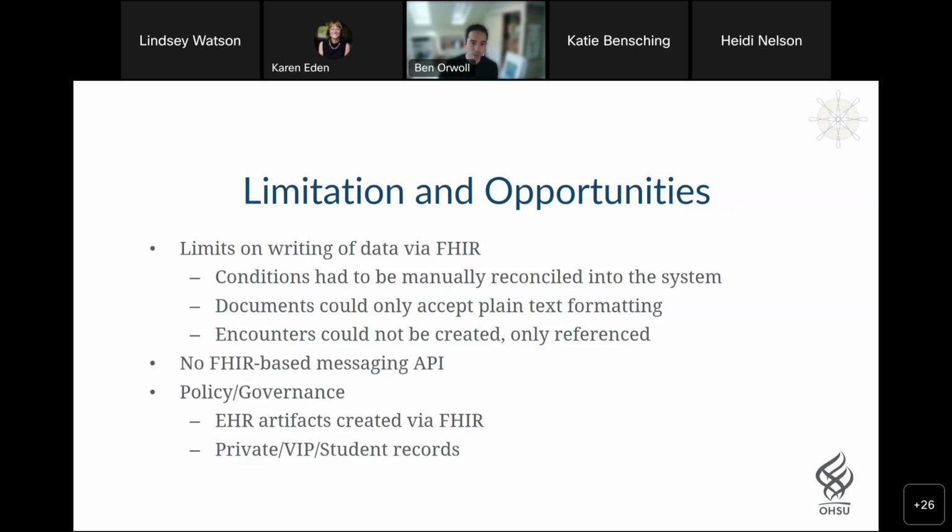And lastly, we ran into a number of interesting policy and governance questions, many of which are more general in scope than just for our application, around how to handle data written into the system by FHIR and how service level FHIR applications should be allowed or not to interact with private or sensitive patient accounts within the system. But these things aside,